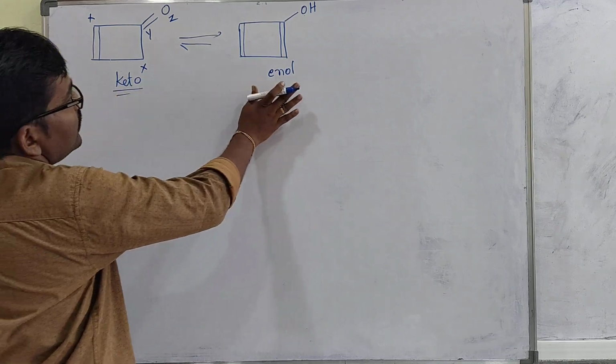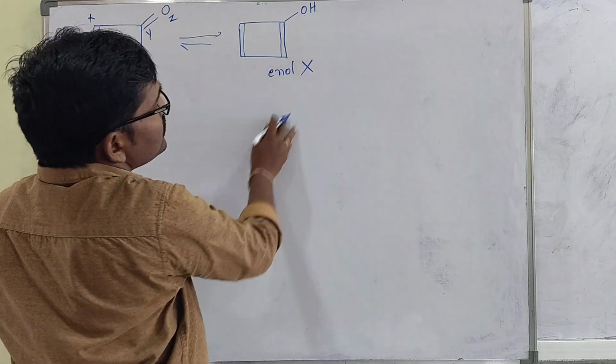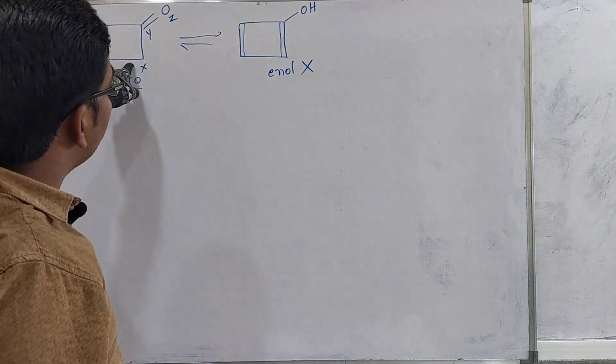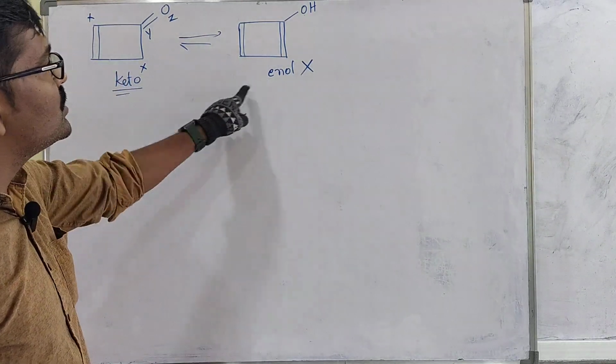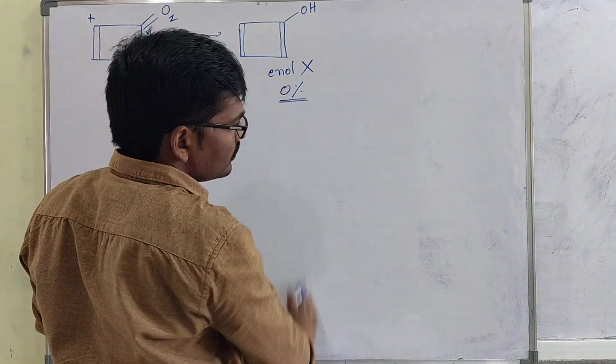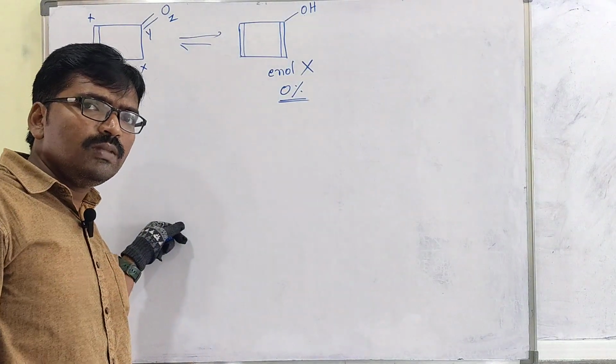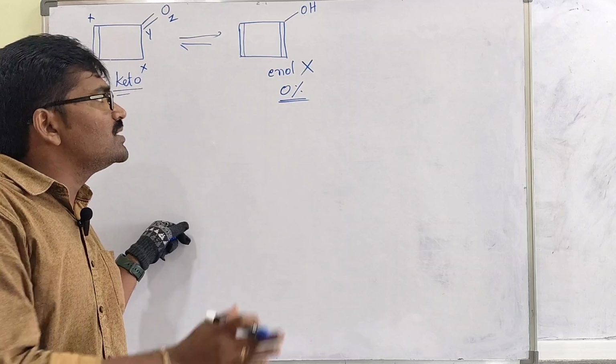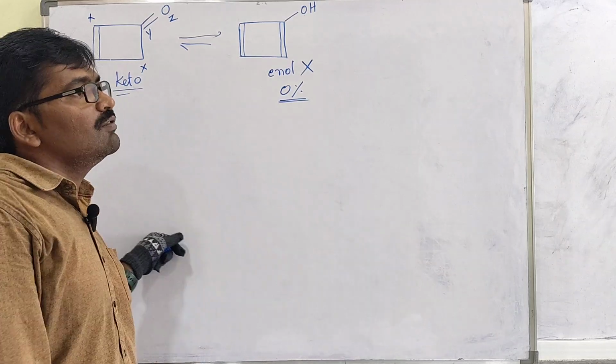Yes. This enol formation does not take place. Even when it is following the conditions, it does not take place. It is just 0% of enol form. Why? What is the reason? On what basis is it not following? One of the reasons will be there, that is,